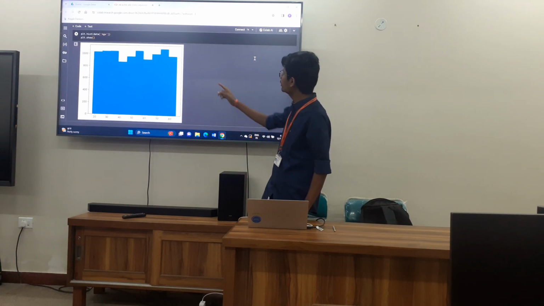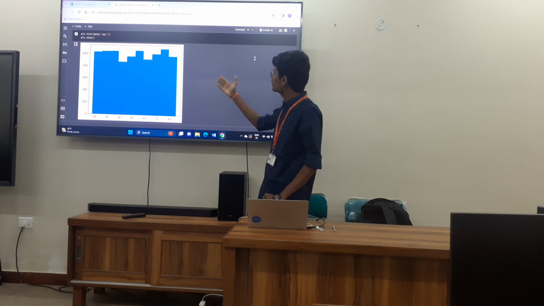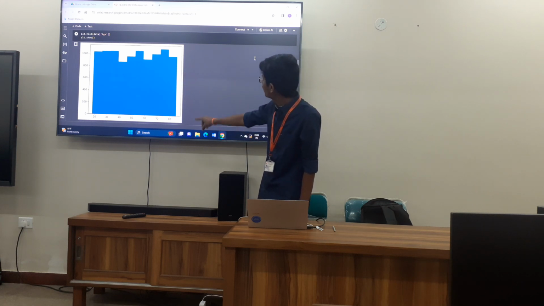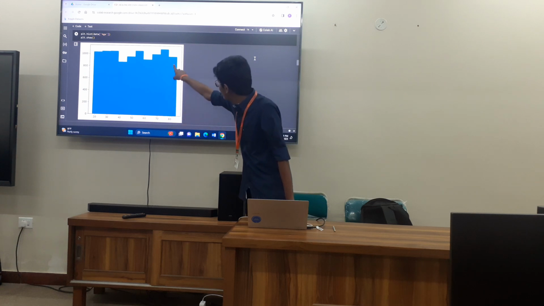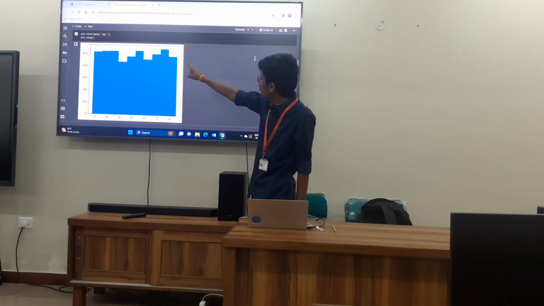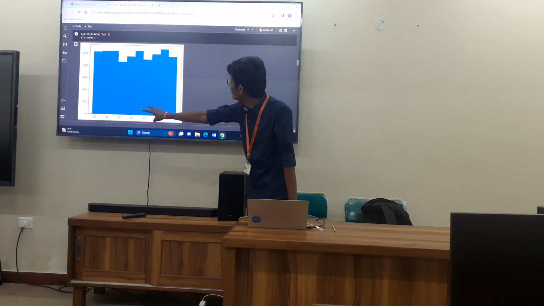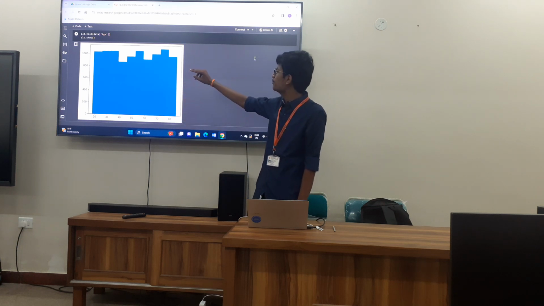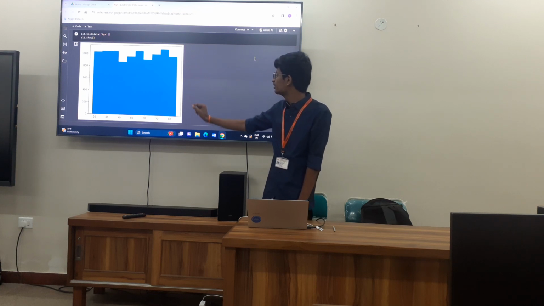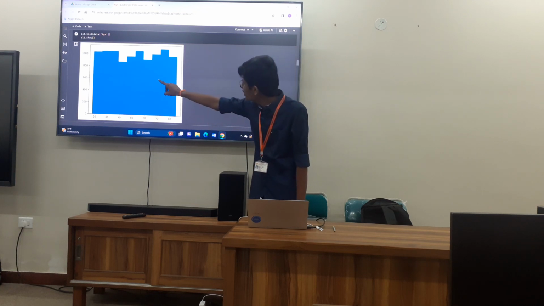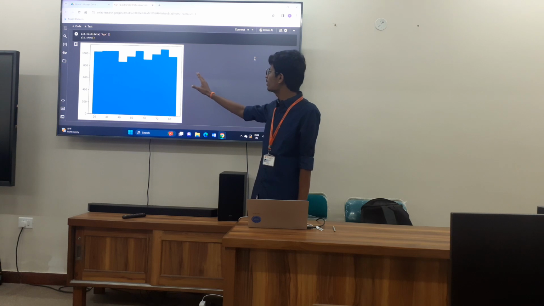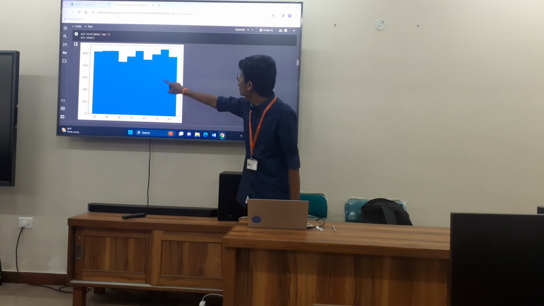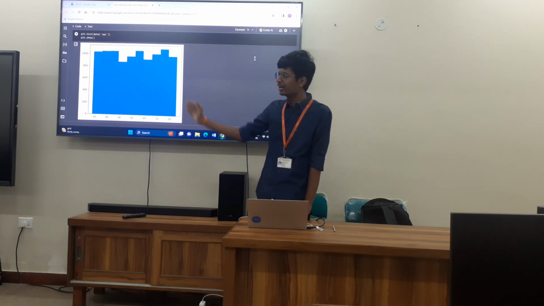This is a histogram plot where I have described the number of people under different age groups. As you can see, the 70 to 80 group is the maximum, around 1,300. From the 20 to 30 and 30 to 40 groups, there are slight variations, with the numbers increasing a little bit. On average, we can conclude that there are around 1,000 people in each category, and around the 40 to 50 age group there are the least, around 900.